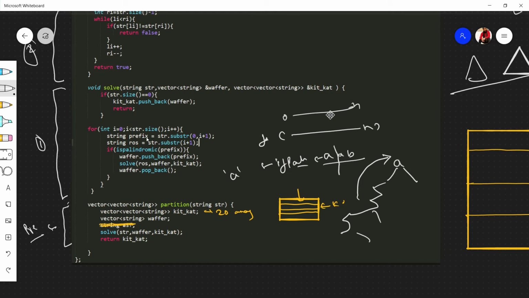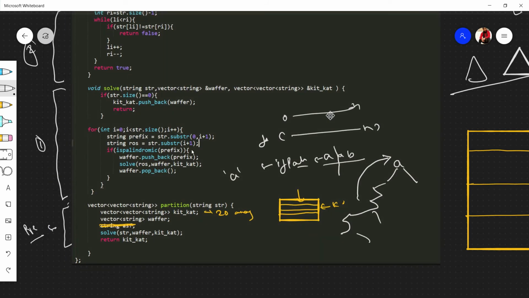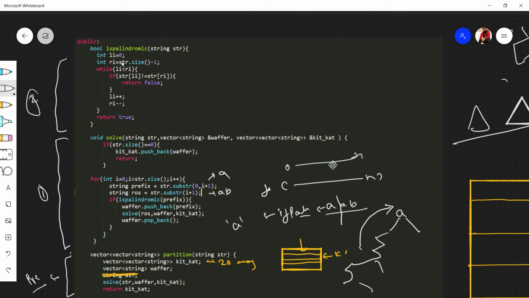We took this A into our prefix using the substring method, and we took this rest of the string. This rest of the string, A, B rest of the string. I'll just write here. Here we have A and here we have AB. Okay, this prefix A is passed into the is palindrome function, which is a function we have created to check if